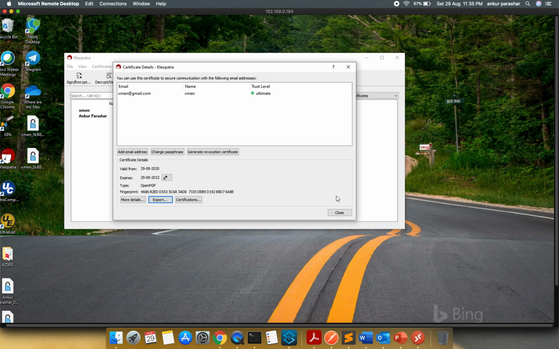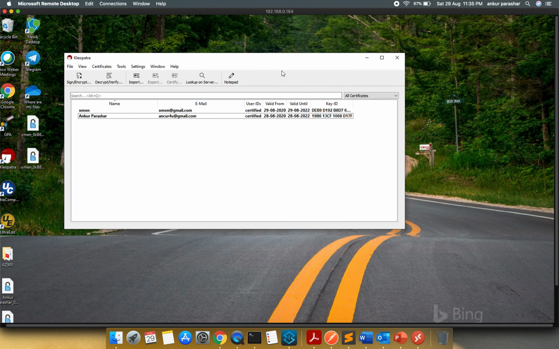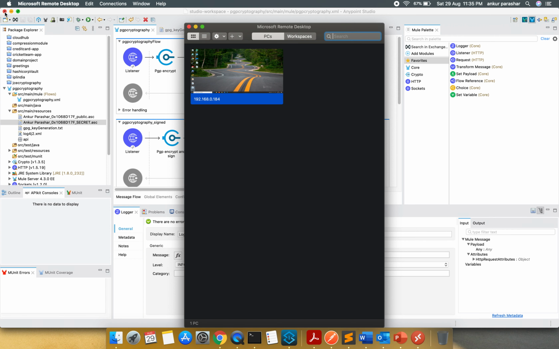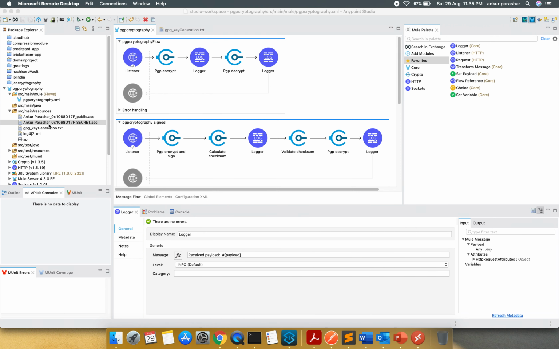So this is pretty much it. I have already done this for these two particular public and private keys. I have taken them from here and placed them on my Mac machine again, and these are available over here. So now we are done with the basic groundwork for this particular use case.